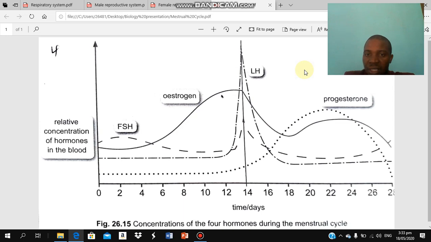The third activity will be ovulation, which takes place on day 14 of each menstruation cycle. On every menstruation cycle, ovulation takes place only on day 14. And the last activity which takes place in the female body during the menstruation cycle will be the breaking up of the uterus lining, which causes menstruation pain. After the breaking up of the uterus lining, the next step will be menstruation, the loss